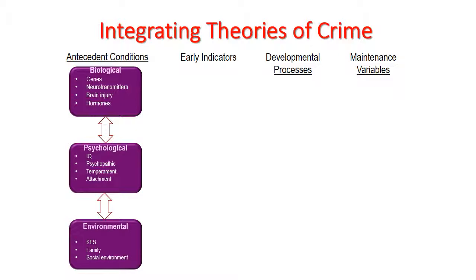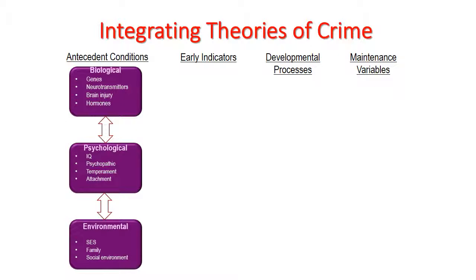And finally, we've got things like socioeconomic status, for example, the role of poverty in education, the role of family and family involvement in crime, for example, or family engagement in deviant behaviors, as well as the social environment. Environmental factors here would also include peer influences.